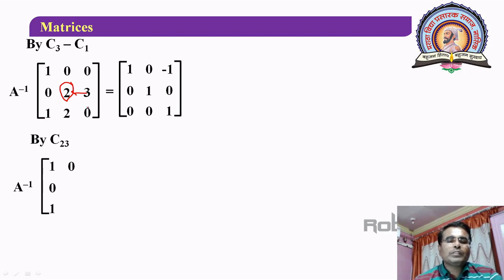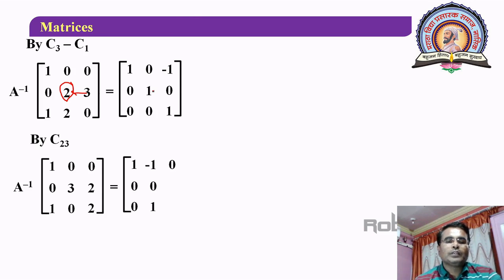Your first column remains as it is, the second column is now 0 3 0 and the third column is 0 2 2. Then on the right hand side also the same thing, first column 1 0 0 as it is, but the third column comes as the second, minus 1 0 1, and the second column comes as the third. Is that clear? In the next step you have to reduce now this element to 1.